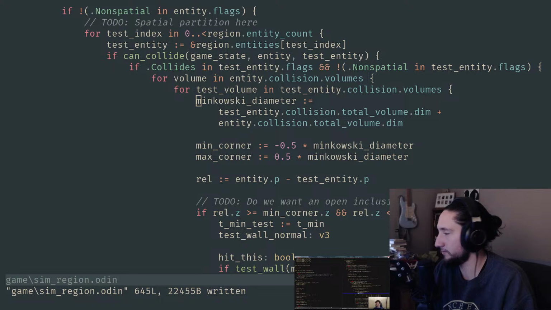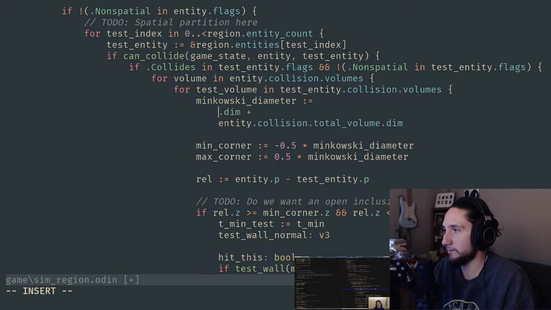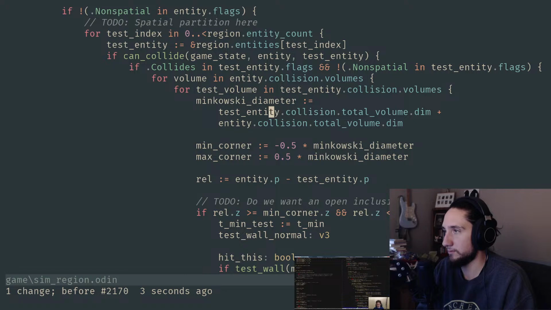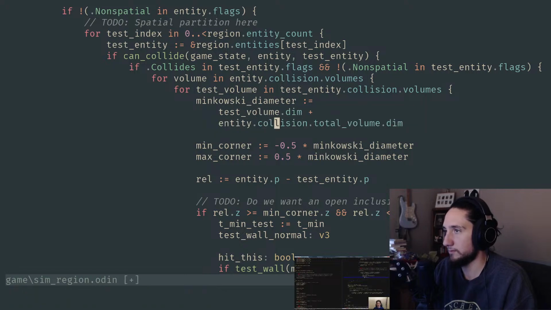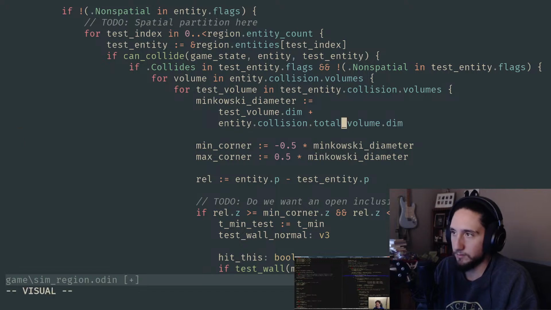And really, in each case, that's what we have to do. We have to look at each of the entity volumes. So we have the entity collision volume count to loop through here, and we have the test entities collision volume count to loop through here. And then this internal routine actually has to be made to work off of testing pairwise each individual one. Now, this won't actually lead to any more actual work in our case at the moment, since there will only ever be one volume in the volume count. But if we were to increase that,